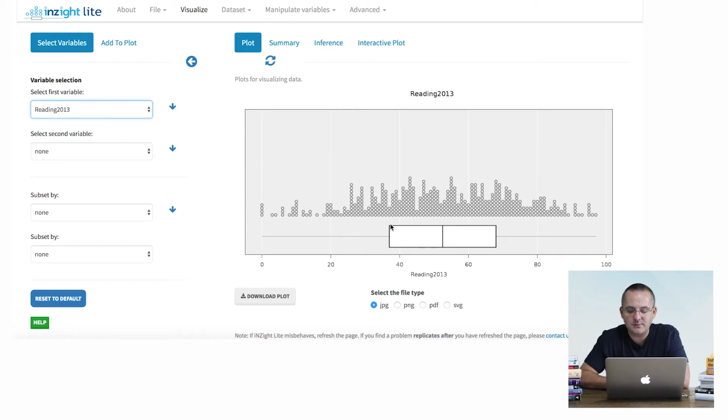Another 1/4 of the schools in Miami-Dade are between this line and this other line. This is the first quartile and this is the second quartile, also called the median, which is a kind of average, right? So another 1/4 of the schools are over here. Another 1/4 of the schools are over here, and then another 1/4 of the schools are over here. So the box plot, basically what it does is to summarize the range of the data, but also shows you how concentrated or how dispersed the schools are in comparison to that average, the median there in the middle.